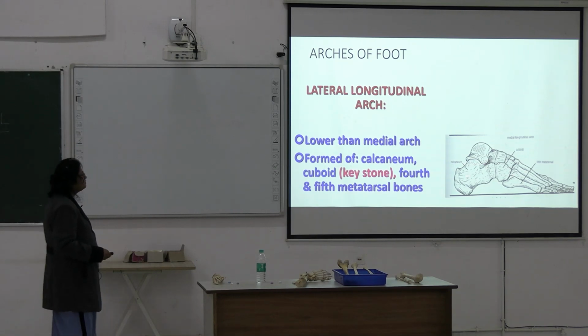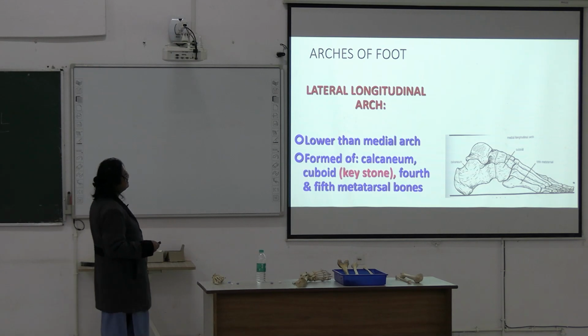So these are the bones forming the lateral arch. It is lower than the medial arch, formed by the calcaneum, cuboid, where the cuboid is forming the keystone, and the fourth and fifth metatarsals. Okay, all these bones are forming the lateral longitudinal arch. Next,